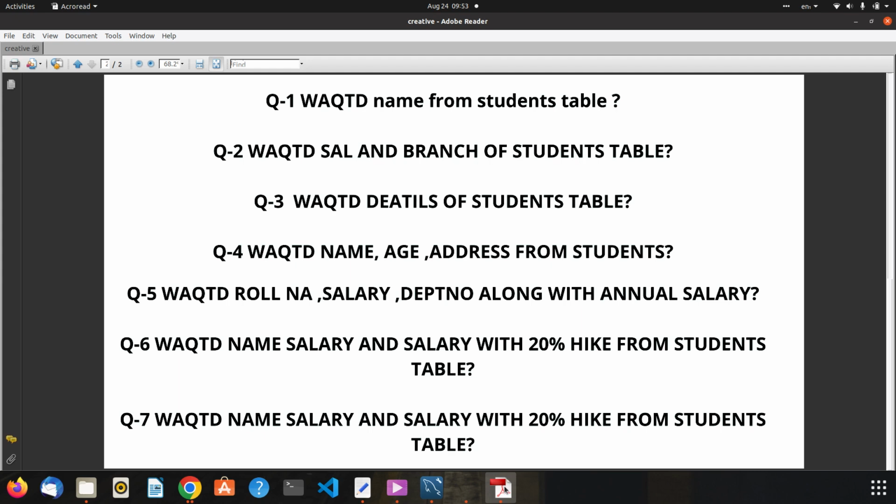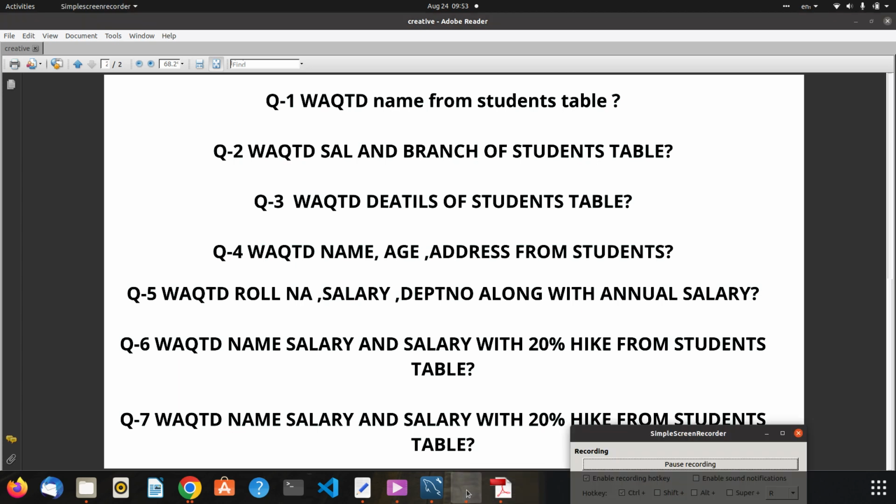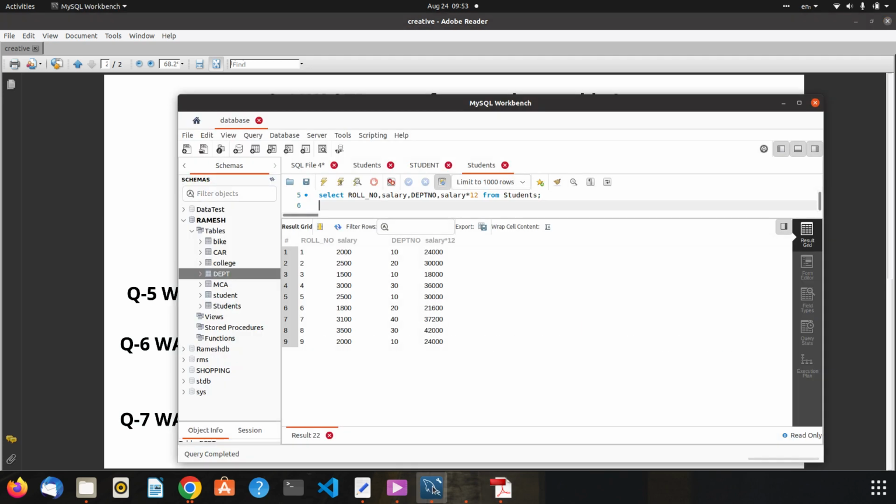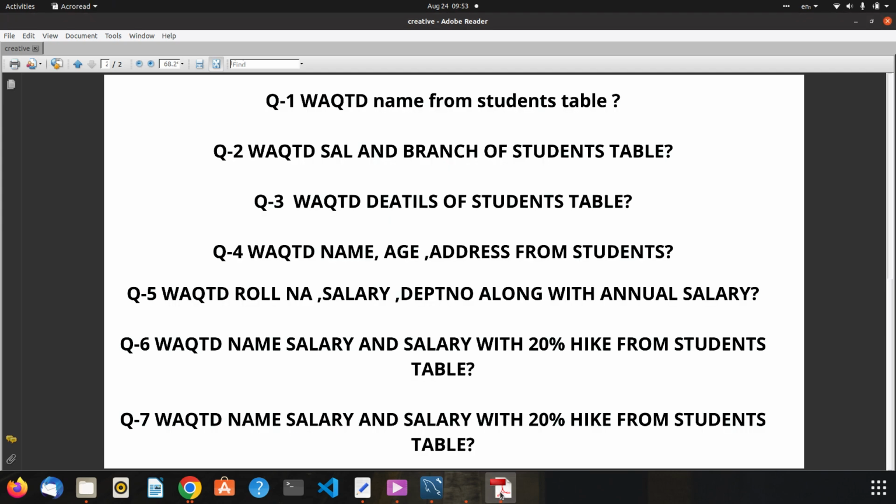Next question is write a query to display salary and salary with 20% hike. So guys, 20% hike. I made a mistake earlier, it is not a deduction, it is a hike. So if you want a 20% hike in salary, then the question is write name, salary and salary with 20% hike.